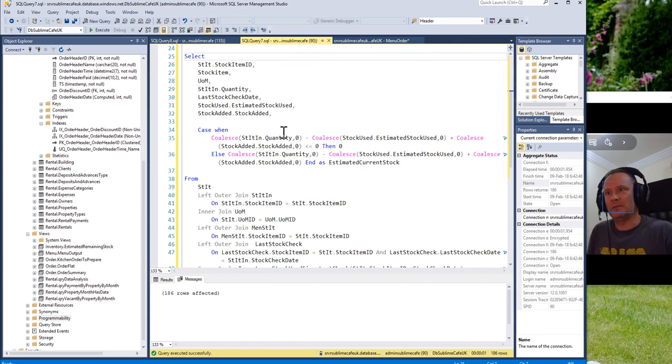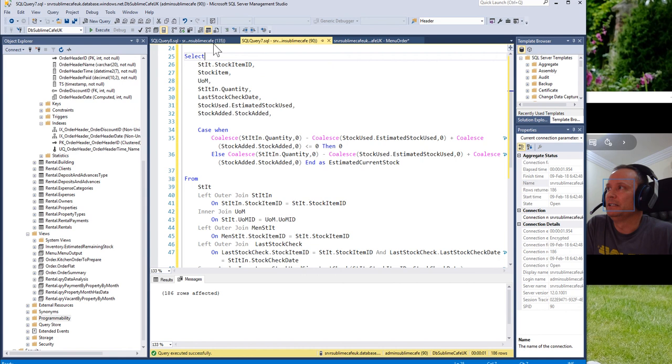Start with that amount of stock and then look through those other tables, but only for the dates since we did the inventory, to work out what we need to add and what we need to remove from that stock number. And so that's all done with a view,